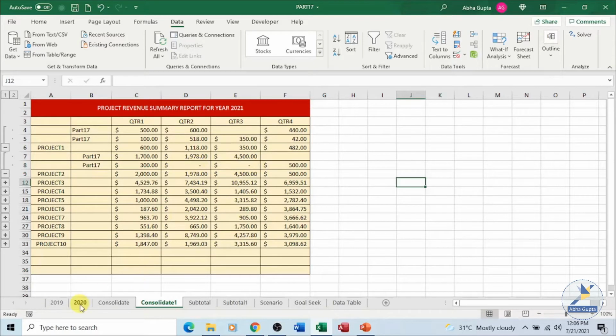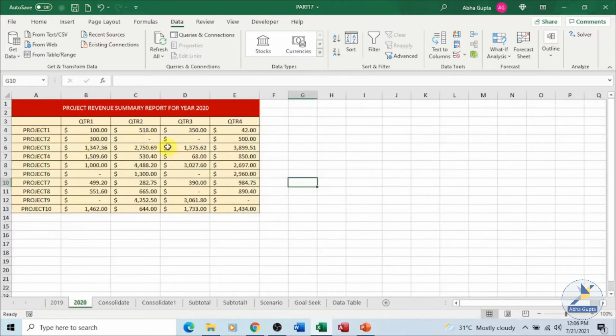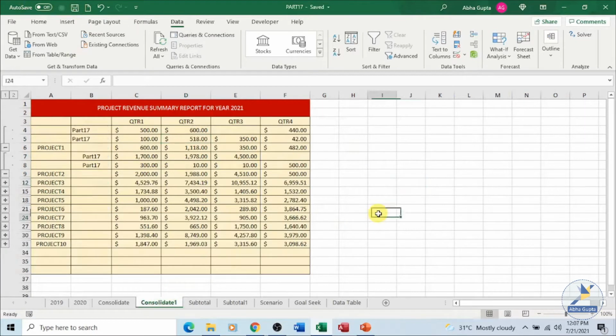Like these two, they do not have any data over here. Let's put 10 over here and 10 over here. Save the changes, go to this particular sheet. You can see 10 being added at these two positions. So the links have been created and it is automatically updating the data.